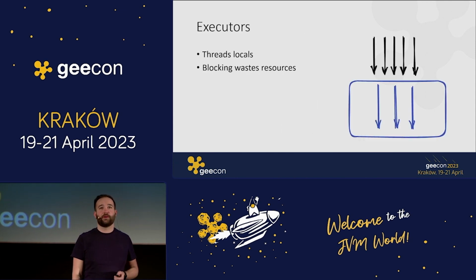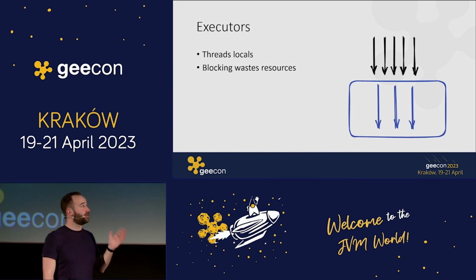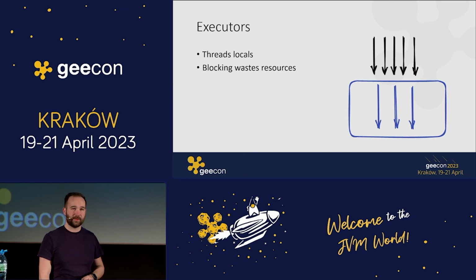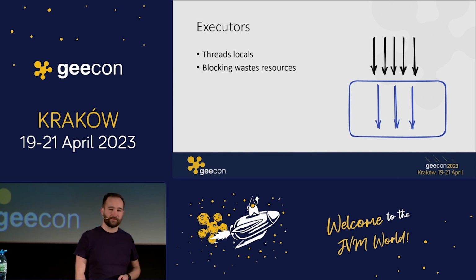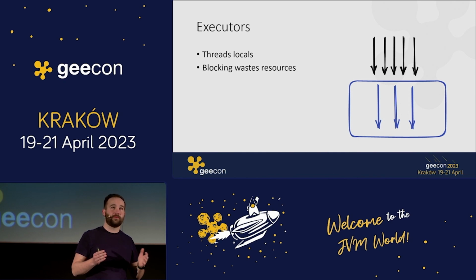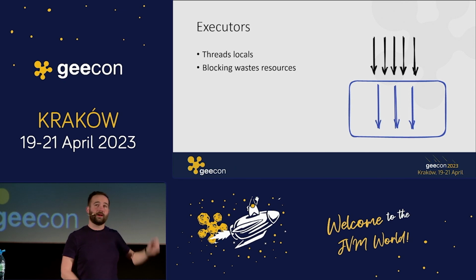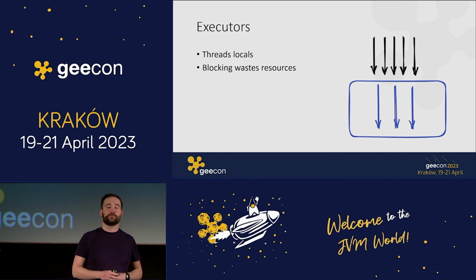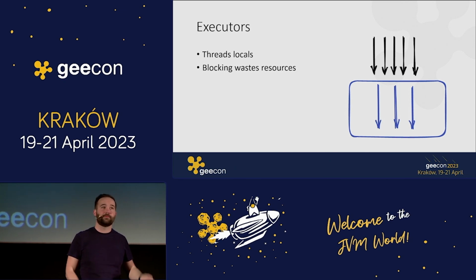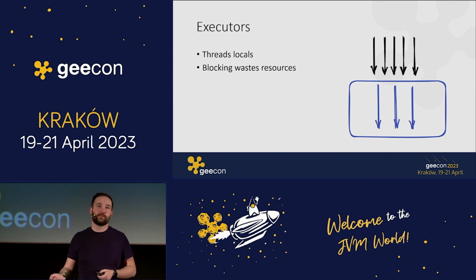And since Java 5, we are encouraged to use the executor services instead. And with that, we just pool our threads instead of creating a new one every time. And with a pool, we just have a number of threads that we can reuse. So here on the right side, I have a box of 3 threads, and then I will submit my tasks to this thread pool, and when a thread is available, it will pick up this task, it will run it, and then when the task is done, the thread will be put back